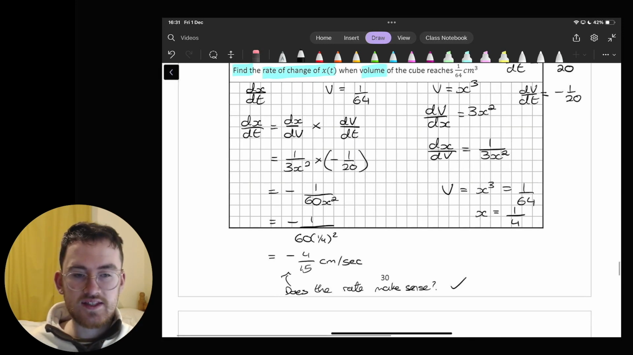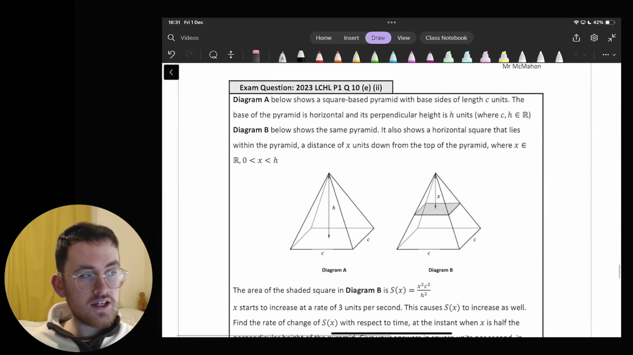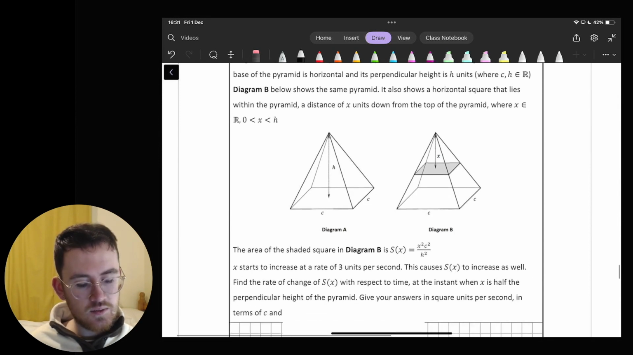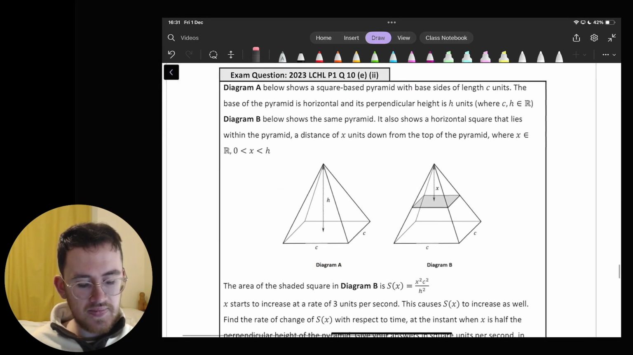And it does in this case, but always worth asking yourself at the end: now, if I look back at the context of the question, does the rate that I've gotten make sense? Is it within a reasonable range? Is it the correct sign? Things like that. Looking now at a question from last year's paper, again, it was just kind of a last